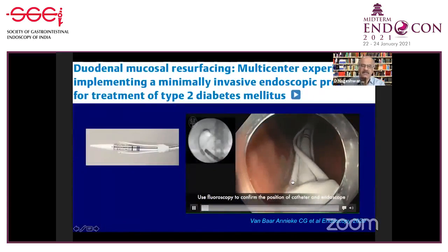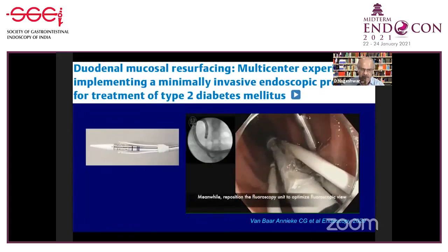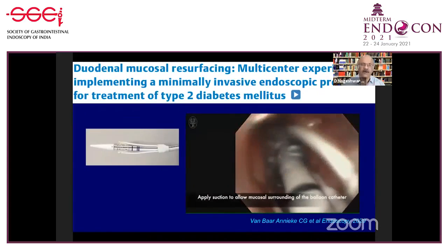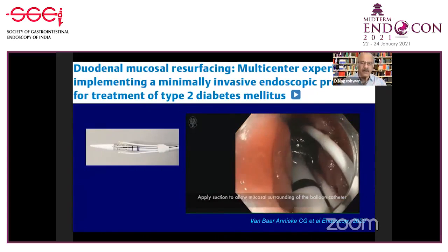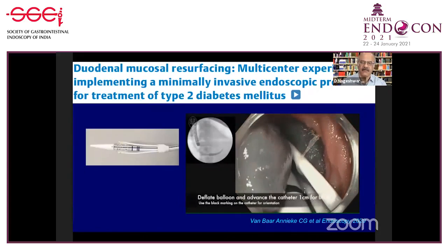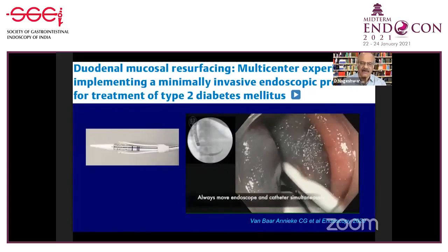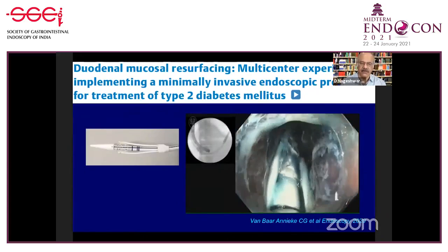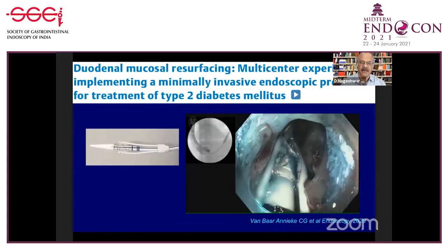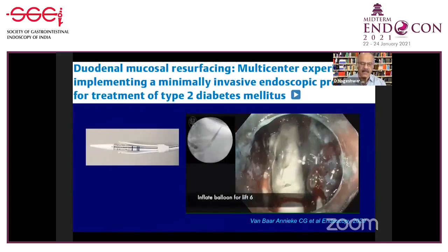This is the actual procedure. I had an opportunity to use this. It's not a very difficult procedure. It's quite simple. The balloon is passed on a guide wire, and then you follow it endoscopically, blow the balloon up so that it touches the mucosa, and confirm the position fluoroscopically. And then using hot water at 80 degrees, we burn the mucosa like this. It becomes blue. And then the hyperplastic mucosal endocrine cells change completely, coming back to normality, and